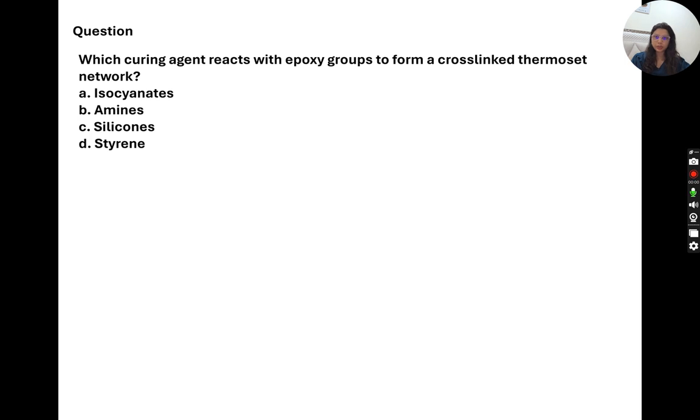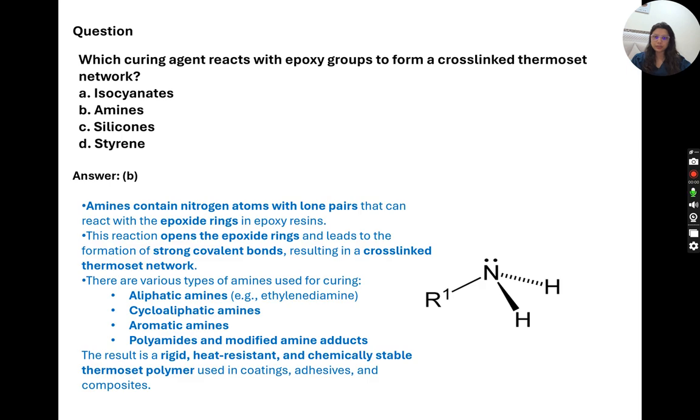Okay, so it's a very simple question, and the answer to this question is B, and most of you have given the correct answer. It's B, which is amine. And we have just read about how amines can help to form the bond with the resin. Amines contain a nitrogen atom with lone pairs, and these lone pairs can react with the epoxide rings in epoxy resins. The reaction opens the epoxide rings and leads to the formation of a strong covalent bond, resulting in